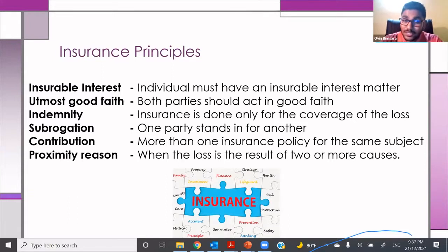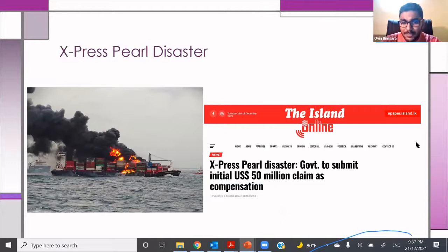But in the insurance, only the fire matter is covered, and the iceberg accidents are not covered. In that case, the proximity reason, the best possible reason behind the accident, is not covered in the insurance, so you can't take the insurance claim from the insured party. So these are the 6 principles for insurance,